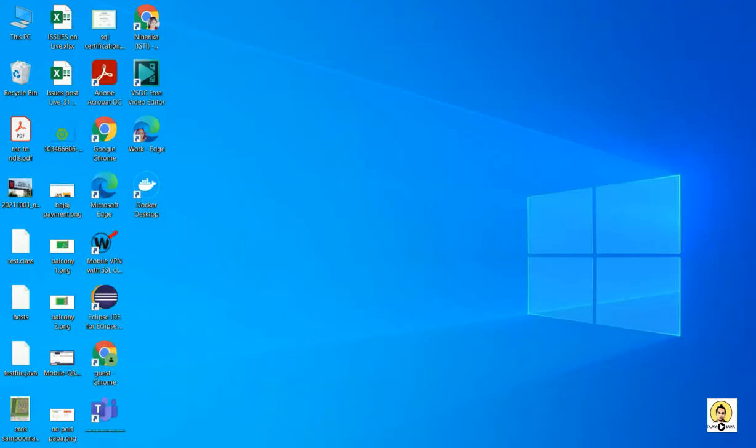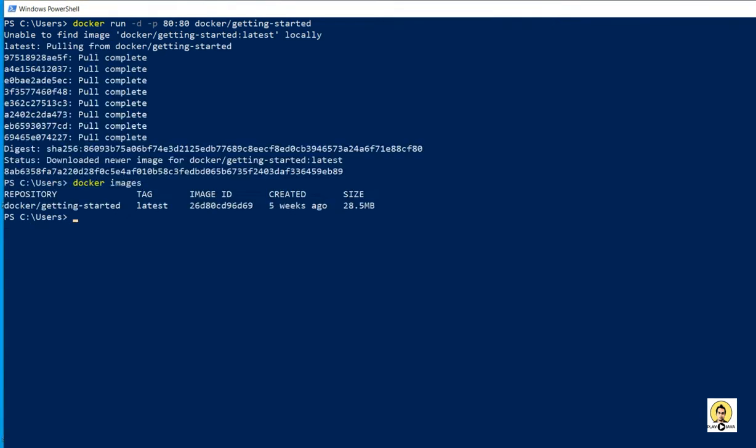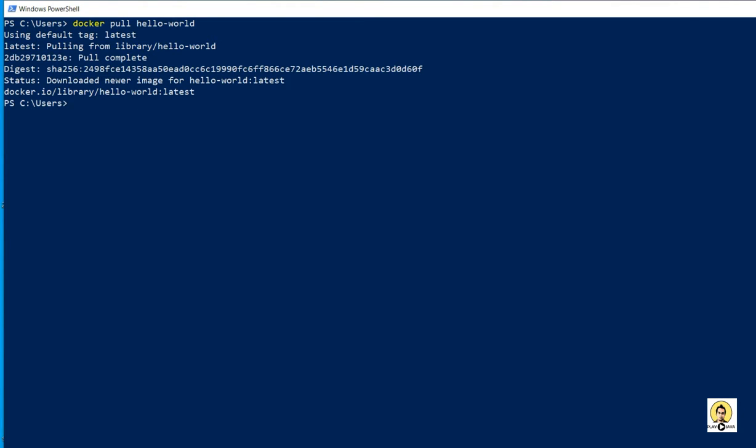Click on Windows and type Windows PowerShell. So this is the Windows PowerShell. By default it comes in Windows, and run this command. So any image, if it isn't able to be fetched from your local repository, it pulls from Docker, like it has done here. And if I show you the images which I provided here, like the image hello-world, I am going to pull the image from Docker. So it is saying that the latest repository is not available locally, so it has downloaded from Docker Hub.